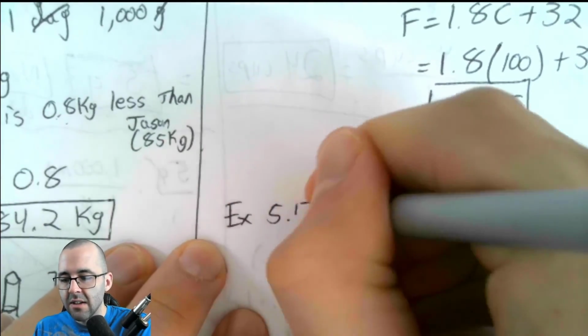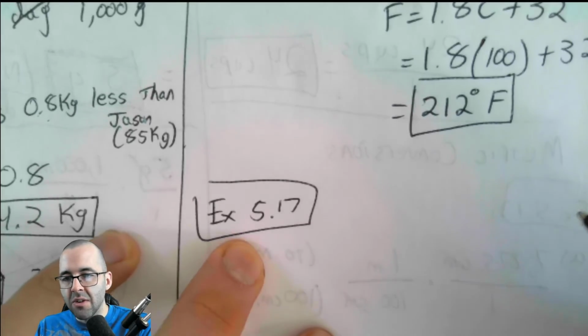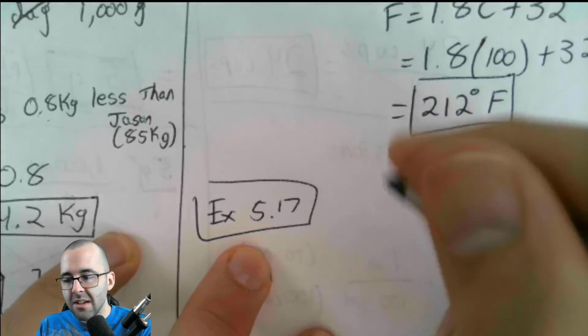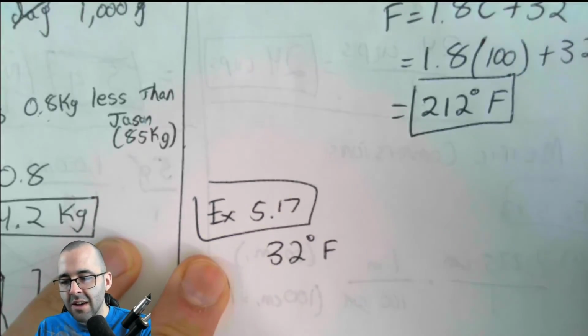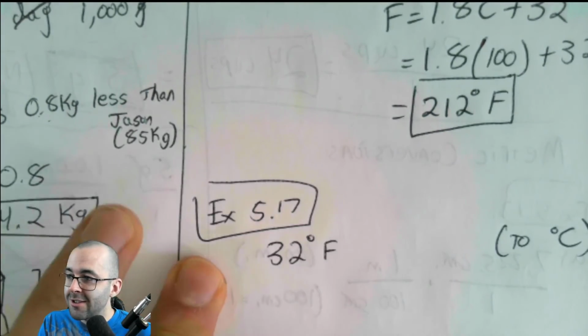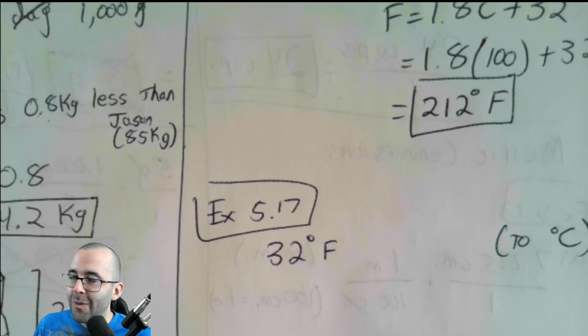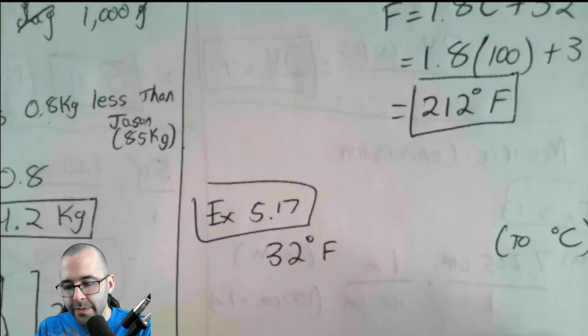Let's do 517. Water freezes at 32 degrees Fahrenheit. What is this in Celsius? So we have 32 degrees Fahrenheit. I already spoiled this one for you guys, so forgive me. You should already know the answer if you were paying attention. Let's get this taken care of. Okay, so